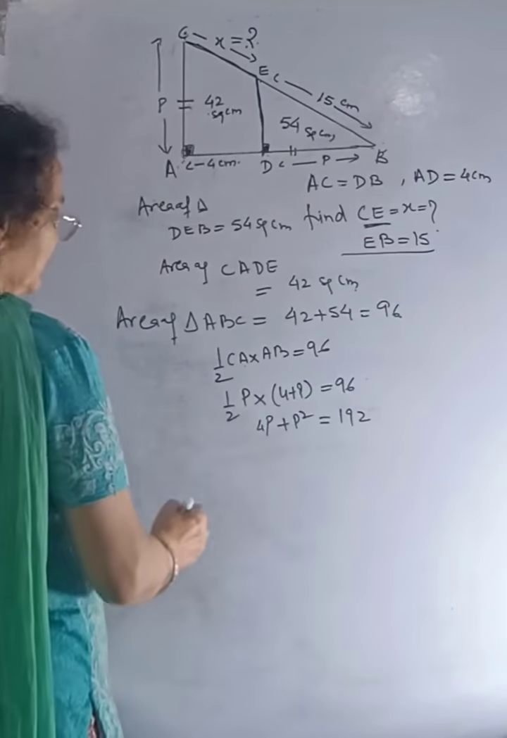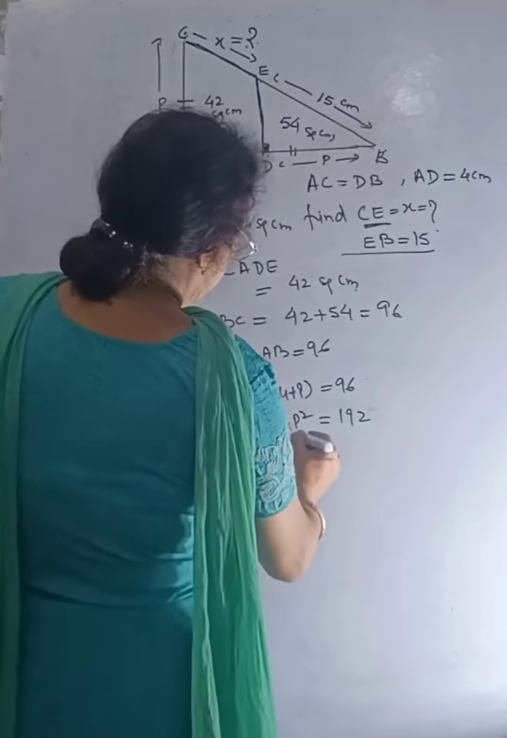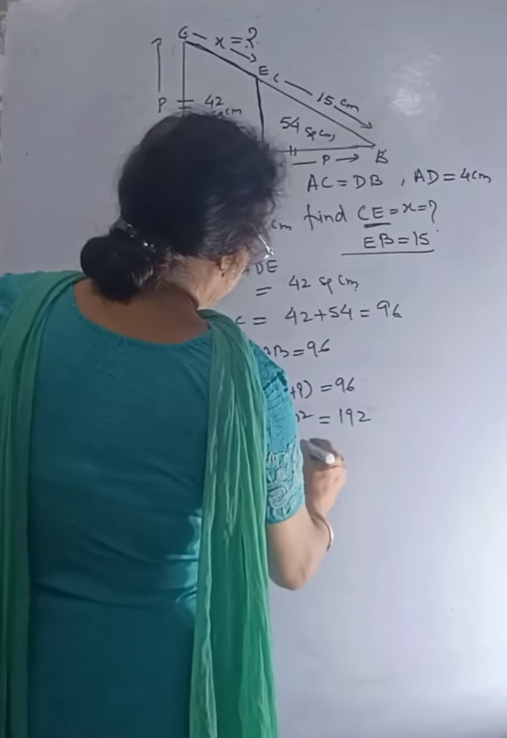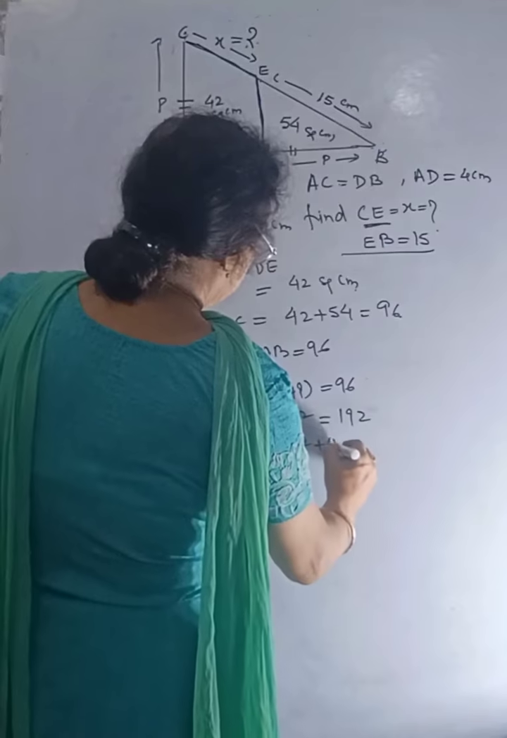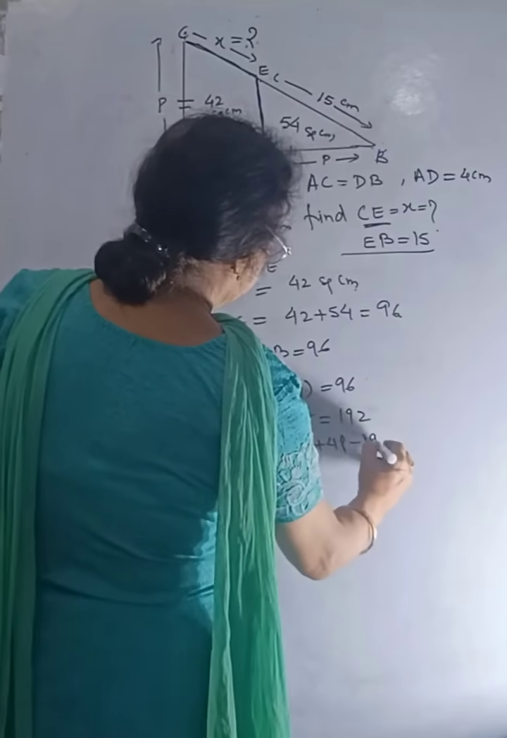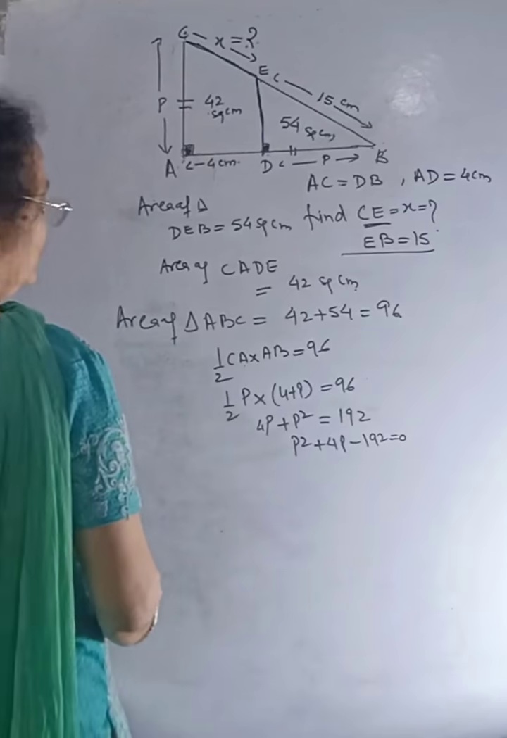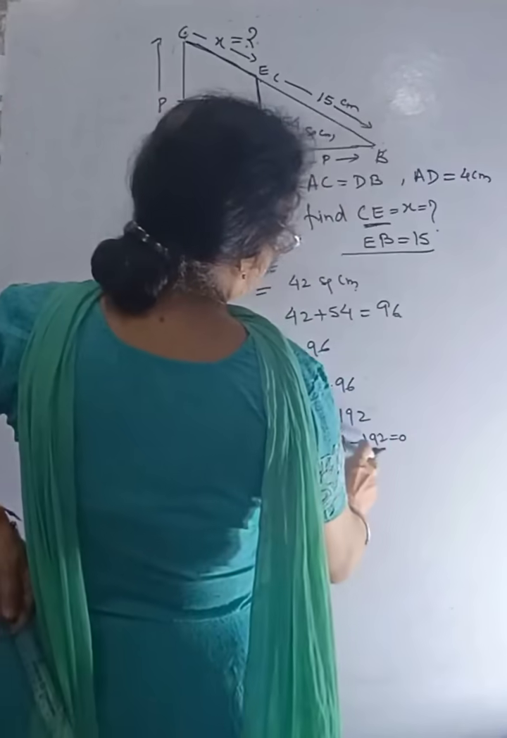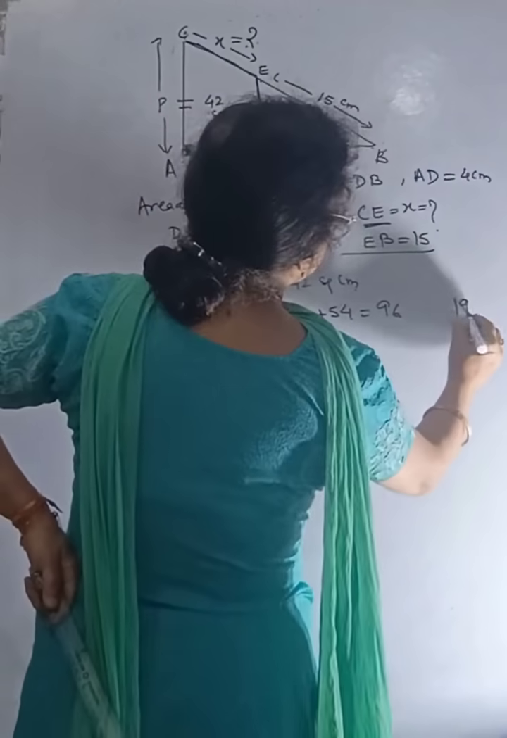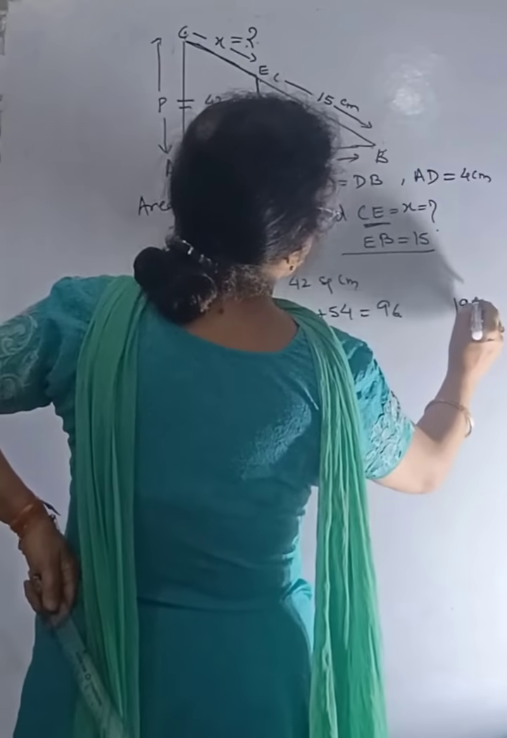In the quadratic equation now we can find the value of P. This can be written as P square plus 4P minus 192 is equal to 0. From here, P can be obtained. 192. This can be written as